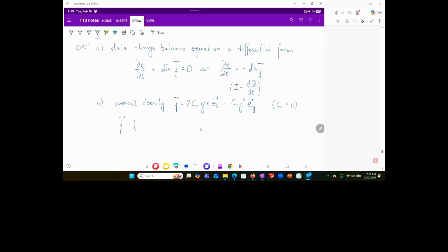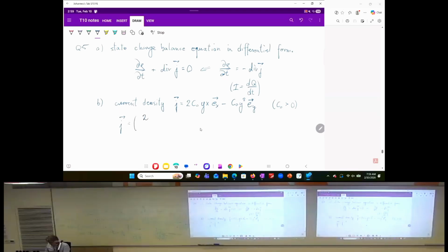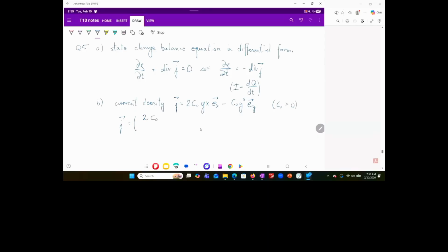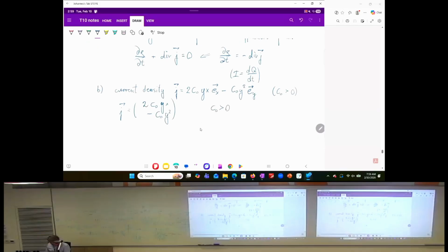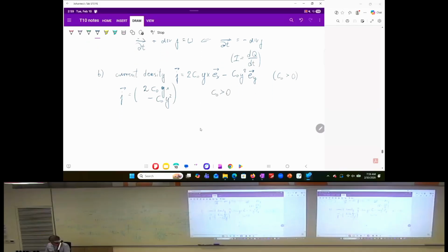So your current density vector is given here. You can write it in a column vector. C naught is larger than 0. And now we want to see what the partial derivative of the space charge density